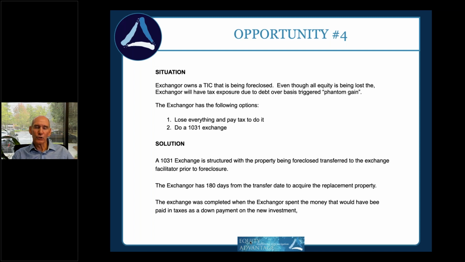And a lot of times what happens is the transfer of the asset has to happen before the foreclosure occurs. A lot of these are really assignments of membership interest from the taxpayer to us pre-foreclosure. When the property is foreclosed, it's ours, and we've isolated the people from actual or constructive receipt of the debt relief in that situation, not the increase. And they're going to come out of pocket a lot of times with less money than they actually had to pay in tax if they were just to realize the gain on that foreclosure. So those things are possible. Hopefully I don't have to do any more of those in my life, but it's up there just so you can see that it can be done if it has to be.